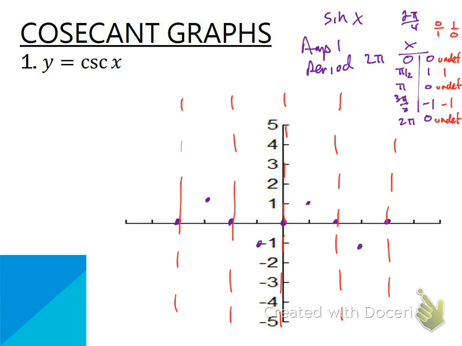If you look at pi over 2, which is this guy, we can label pi over 2. This is pi, 3 pi over 2, and 2 pi. Those values stayed the same. You find the reciprocal of 1, and you just get 1. So this point just stays where it is. Same thing for negative 1. The reciprocal of negative 1 is negative 1. So that becomes a point too. It just stays where it is. So we're starting to build